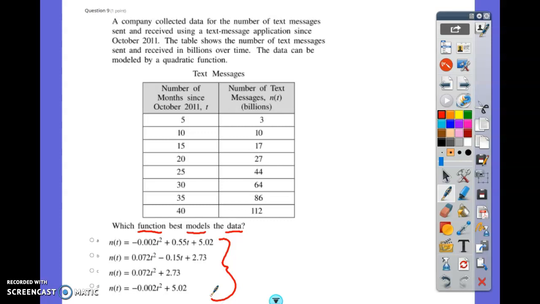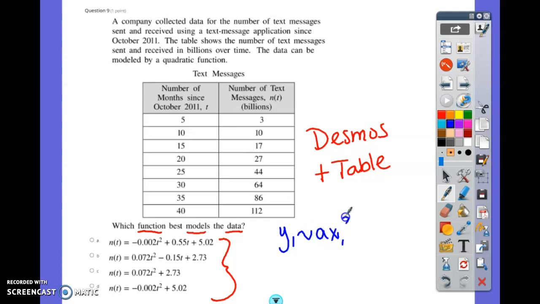So I need to put this in Desmos, add a table, just like we did in problem number 8. And then you're going to type the regression equation function, which is y1 approximately ax1 squared plus bx1 plus c